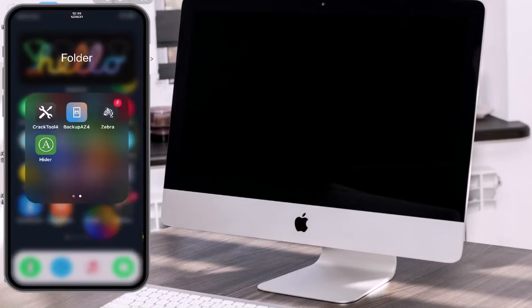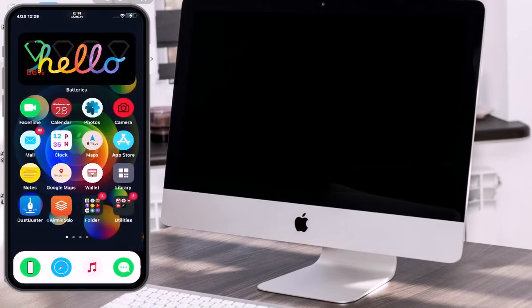And we're going to take a look at how to get Zebra, how to add that to your